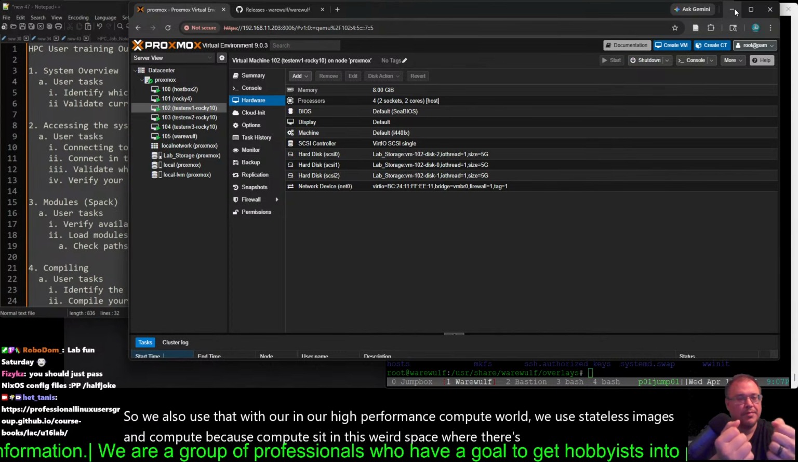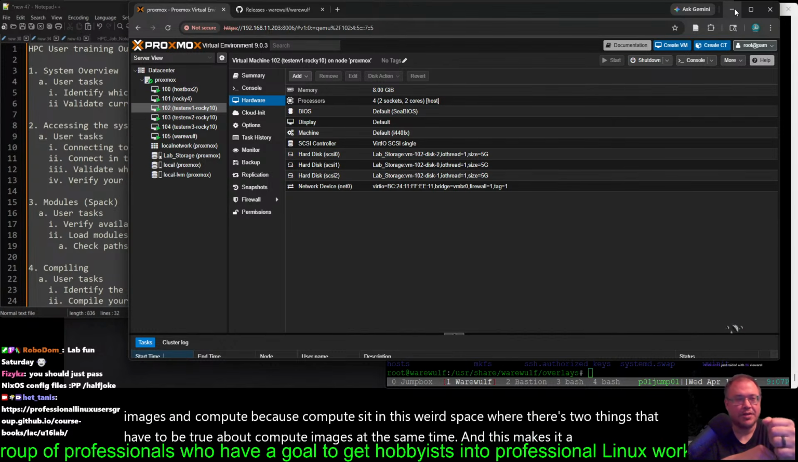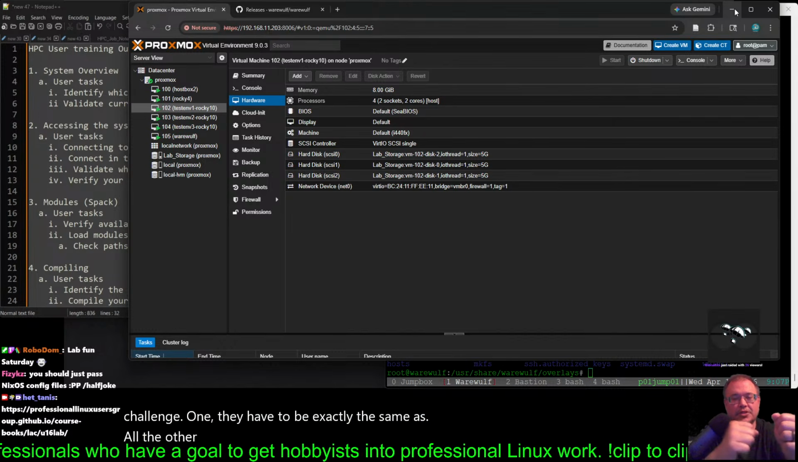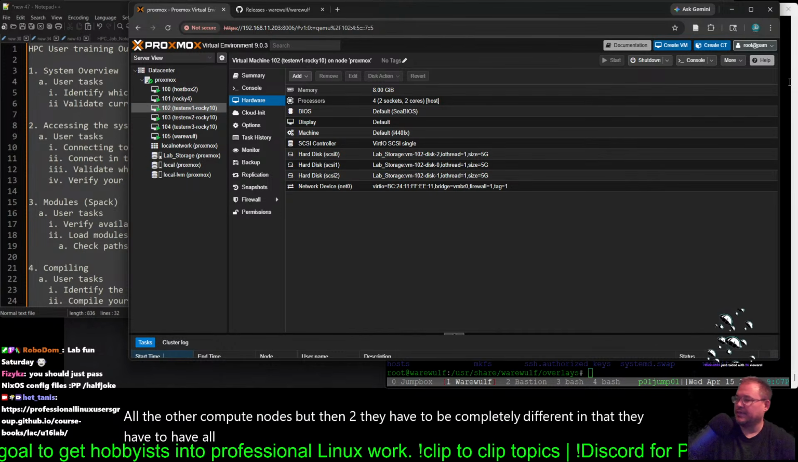be true about compute images at the same time, and this makes it a challenge. One, they have to be exactly the same as all the other compute nodes. But then two, they have to be completely different in that they have to have all of those individual node